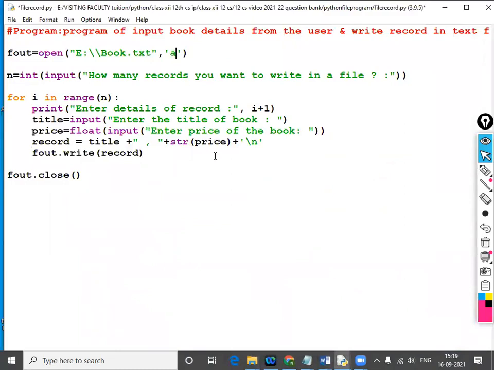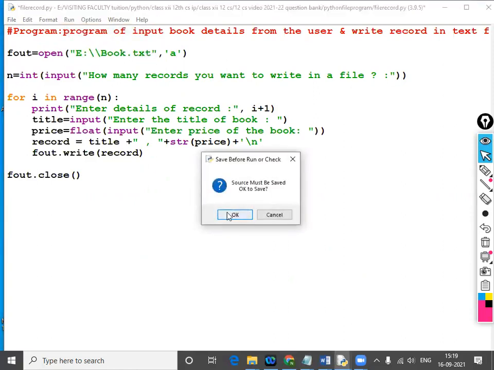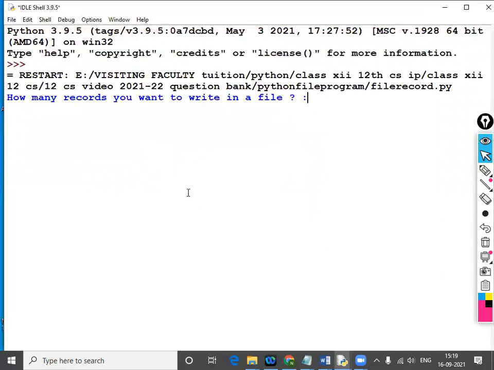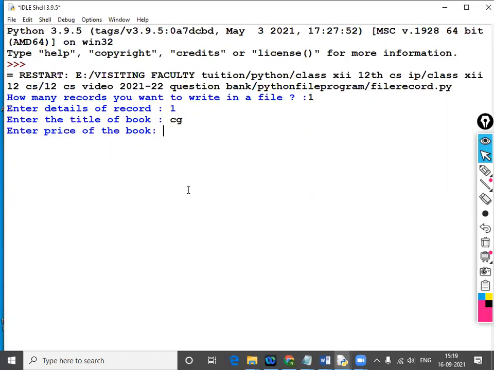If we are writing it, see previously 3 times I have run it, so it will overwrite it every time. Now in this situation it will not overwrite it. One record, and computer graphics, 780.